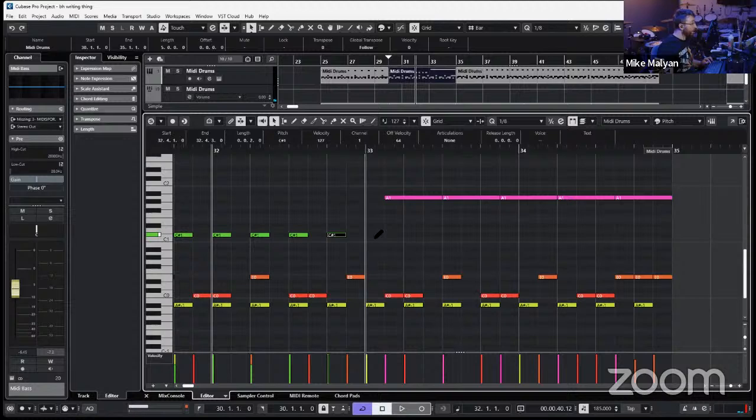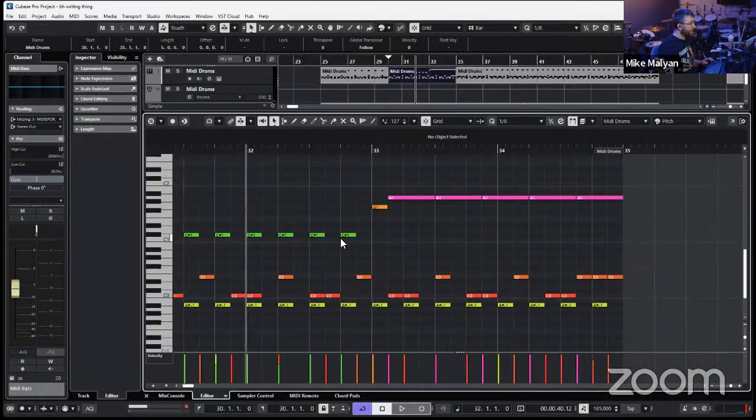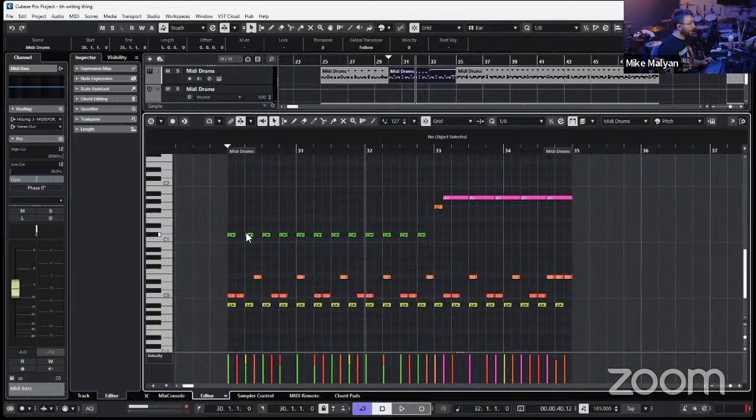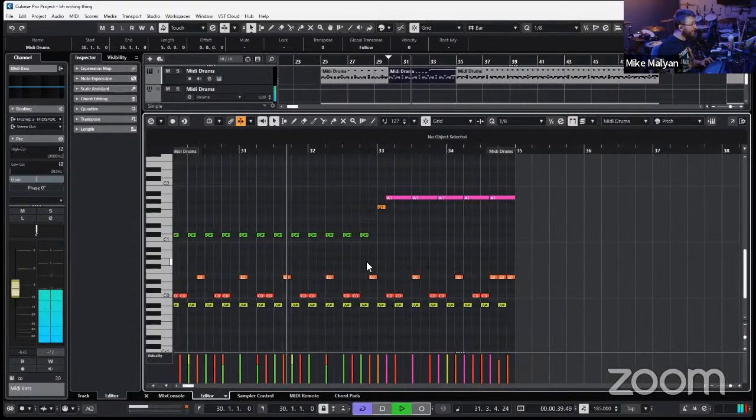And then I'll utilize where you're expecting the symbol to be then. This 1 and 2 and 3 and 4 and 1 and 2 and 3, and then sort of weird stuff, and then we'll see where the snare lands.